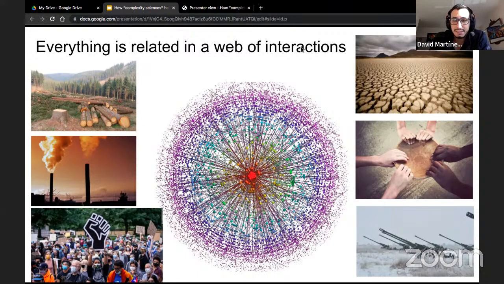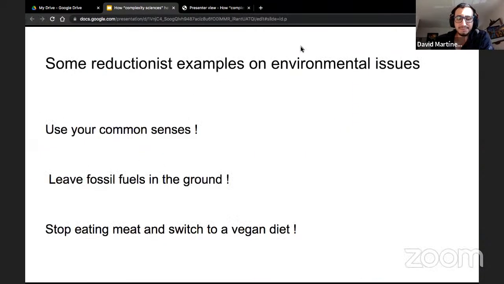In fact, these are all related in a network. We are facing a very complex system because we want to face the world's issues. And I think that this perspective that I am talking about is a better perspective to find the solutions to those issues. And why am I saying this?